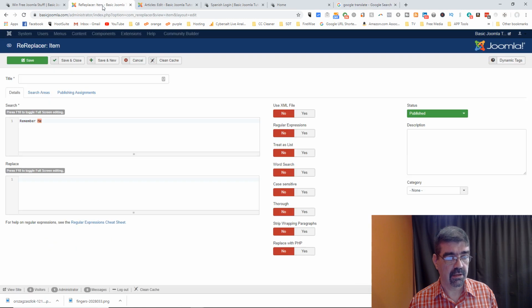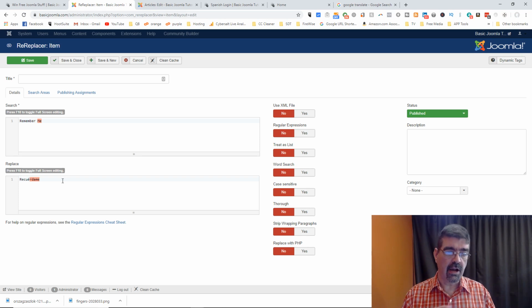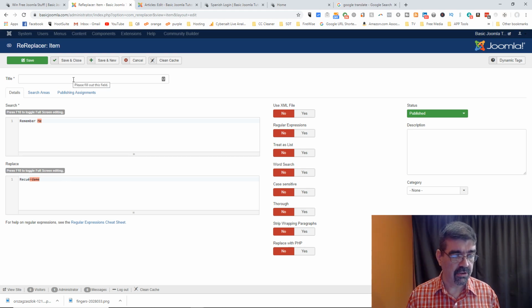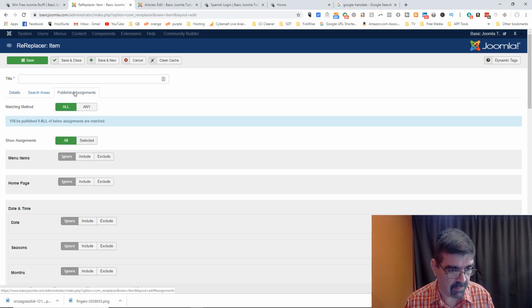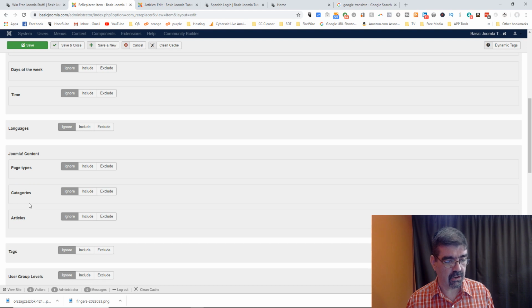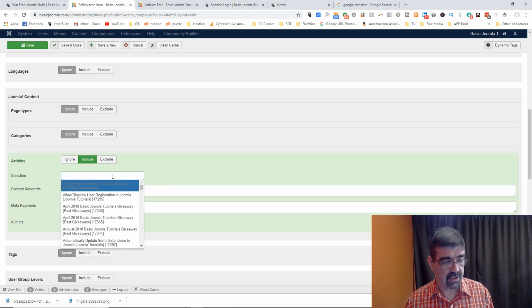I'll copy that. Now here's what's key. This would replace Remember Me on the entire site as it is set up right now. It would replace it with the Spanish. What you want to do is assign this ReReplacer item to where you want it to be replaced. So I'm going to click Publishing Assignments. I'm going to scroll down to Joomla Content, and I'm going to select Article. Include here, and I'm going to pick, in this case,